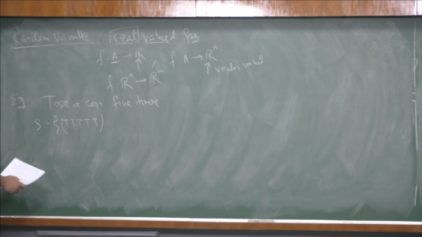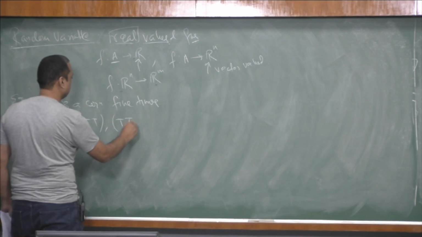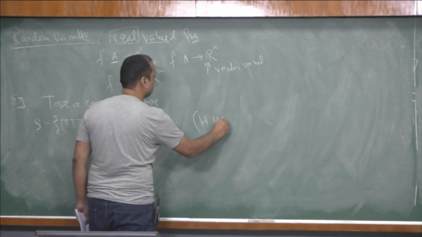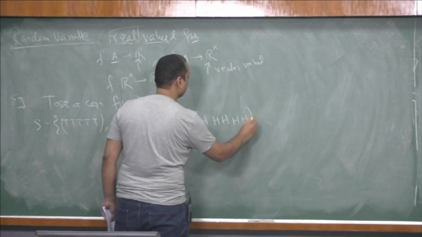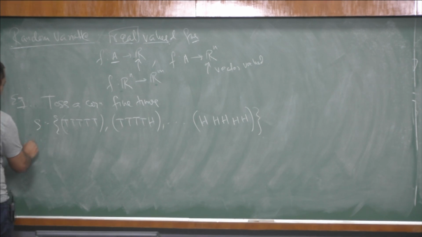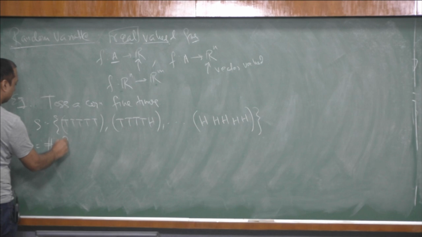It could be tail, tail, tail, tail, head, or so on, up to head, head, head, head, head. So these are the possible outcomes of a coin toss. So far we didn't use a random variable, but in this case my event could be how many heads are observed. So we define a variable, number of heads